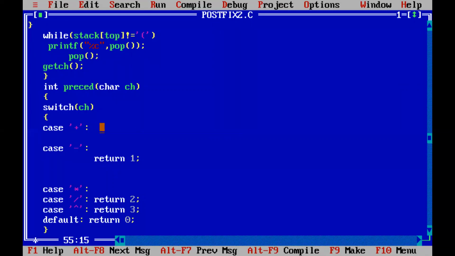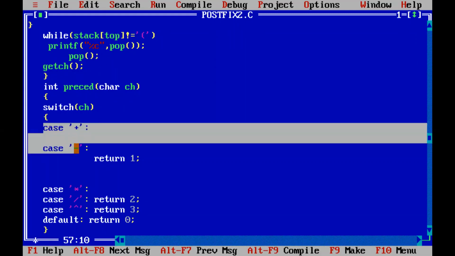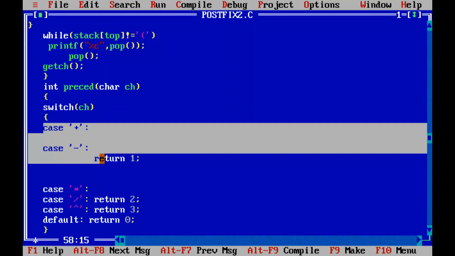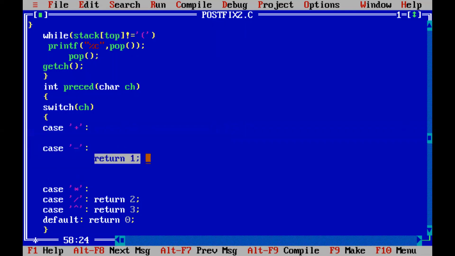If we didn't give any break statement for the first case, it will continue its execution until we find either a break or anything which will make it come out of this switch case. Here return will make it come out of the switch case, either return or break, but we need a value to be returned to the place where we call the function.